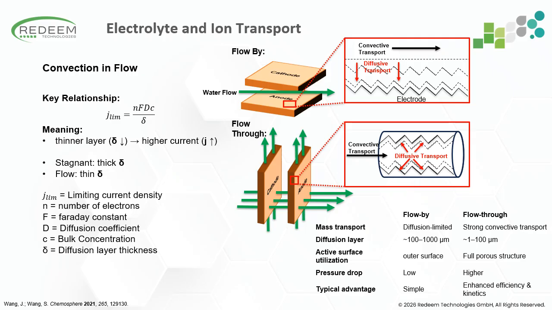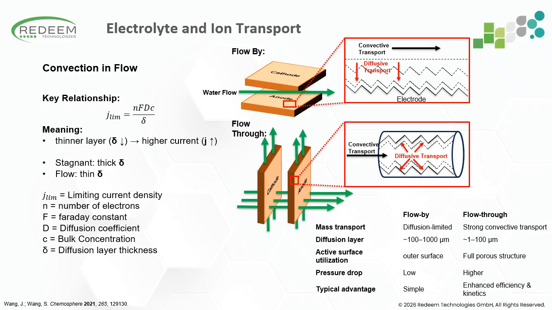And now that we have established that we need convection, the question is how we create the convection in the reactor. If we look at the top flow reactor here, the simplest approach, the electrolyte flows parallel to the electrode surface, and convection mainly occurs in the bulk flow, while the final transport to the surface still relies on diffusion through a diffusion layer. So in the red window here, we see as a result only a relatively thin region close to the electrode